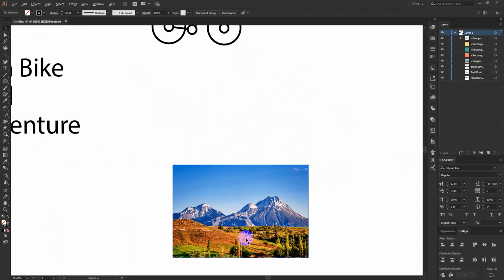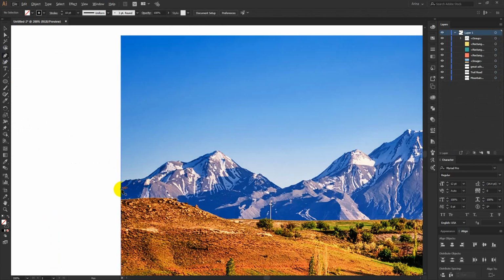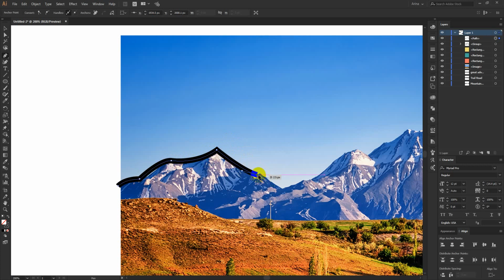Now for the mountains, I can simply use my pen tool here. Just make a shape in whichever way you like, just to make a mountain shape here. Okay, I am going to make some peaks here.